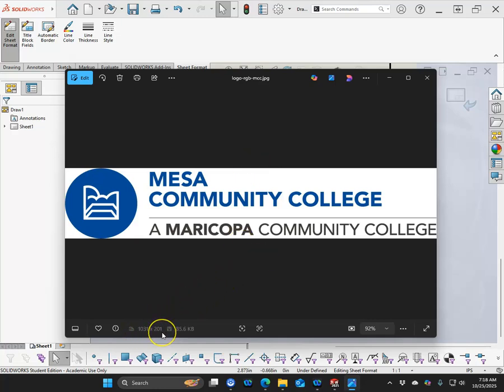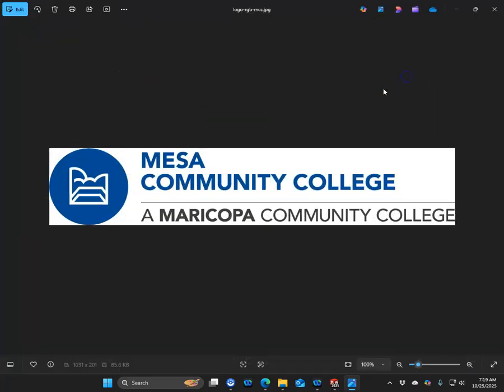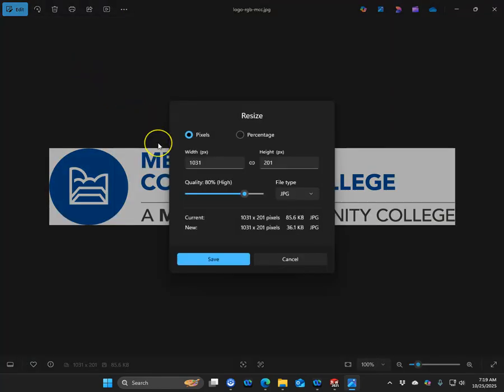This is 1031 by 201. It certainly doesn't need to be that big. 8.56 kilobytes. That's not huge, but we could make it a little bit smaller. So this is just the Windows editor. We can resize the image, and don't really want to sacrifice the image quality, but